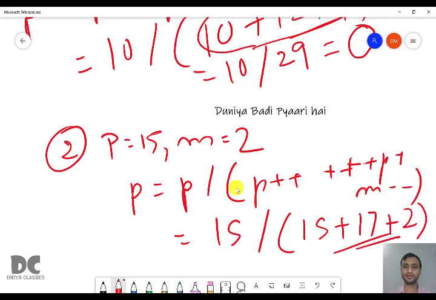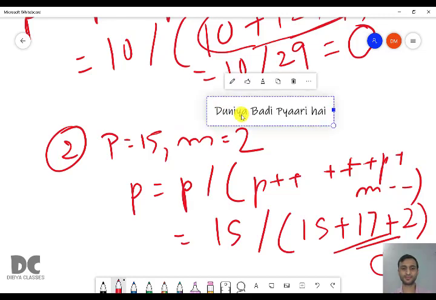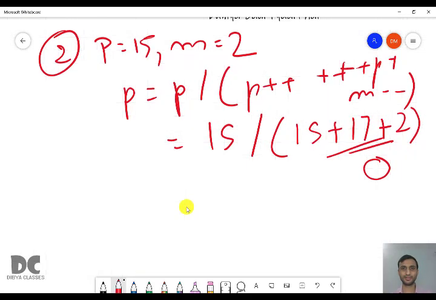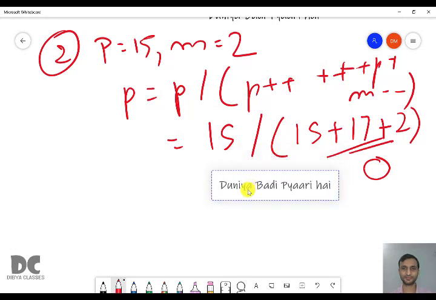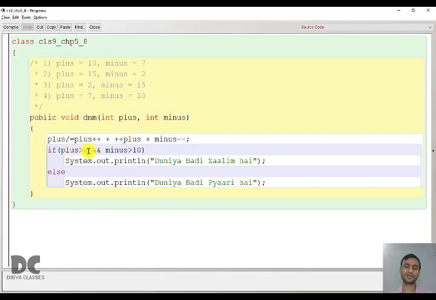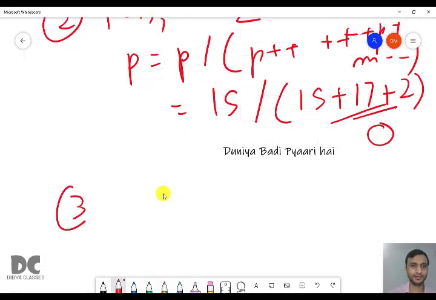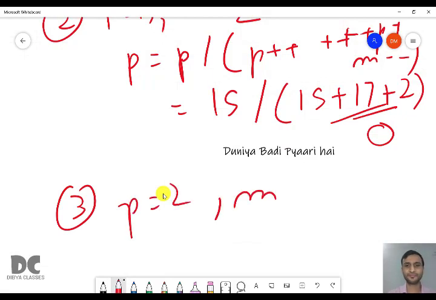Again the value is bigger, so answer will come 0. Again you will get the same answer, that is दुनिया बड़ी प्यारी है. Why? Because 0 is not greater than 0. Third bit we have 2 and 15.